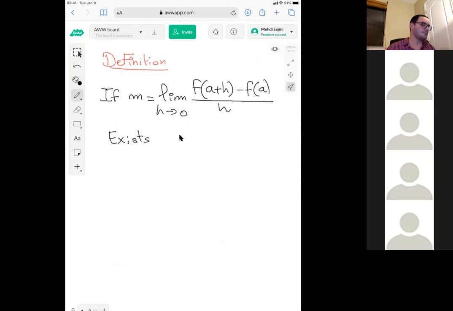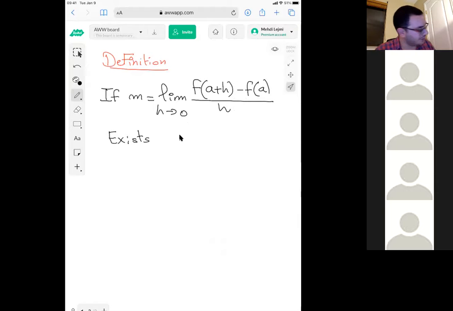Sometimes the limit from the left is different from the limit from the right. And this limit is from both sides, right? So sometimes the limit does not exist, and we will see examples where m, the slope, does not exist. But if this number m exists, then